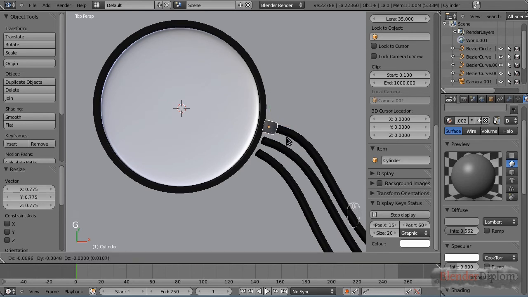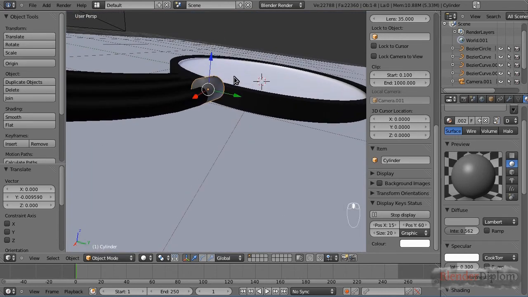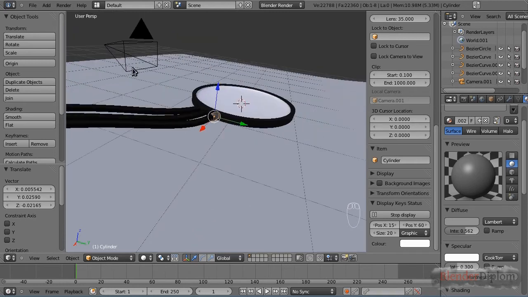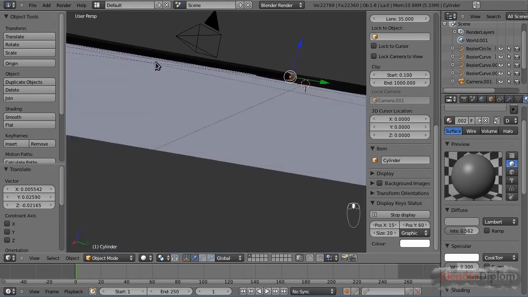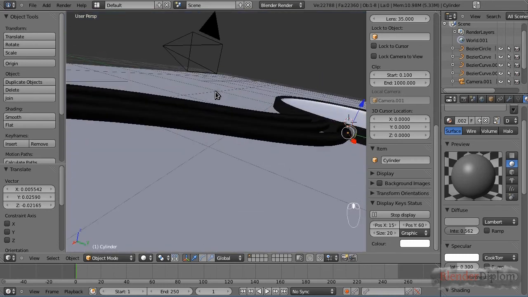And I guess we can scale it down. From what I think, it's still a little too big, so let's scale it in once again a little more and put it around here. Yeah, I guess the chords are just a little too